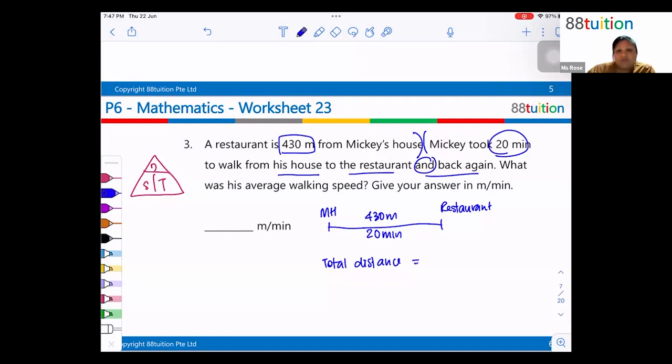Yes, he went to the restaurant and went home. That's a total of 860 meters. So the total distance traveled is 860. He took a total of 20 minutes. So again, you must be able to understand this statement. Mickey took 20 minutes to walk from his house to the restaurant and back. So total distance traveled: go restaurant, come back, 860 meters for 20 minutes. Not go restaurant 20 minutes, come back to the house 20 minutes. That's not